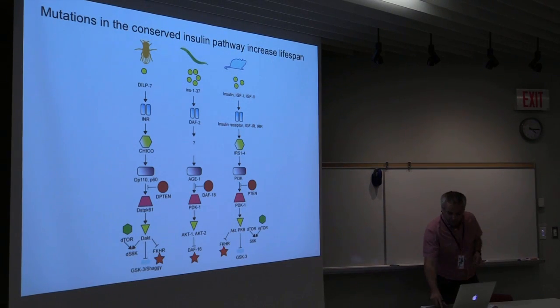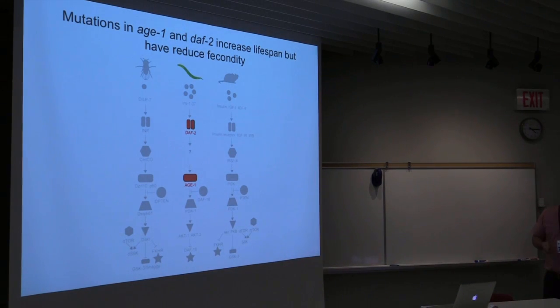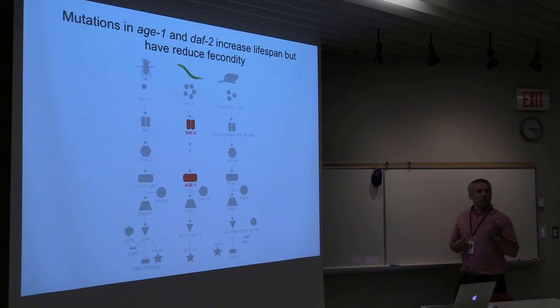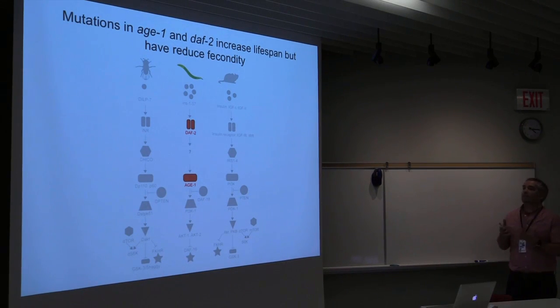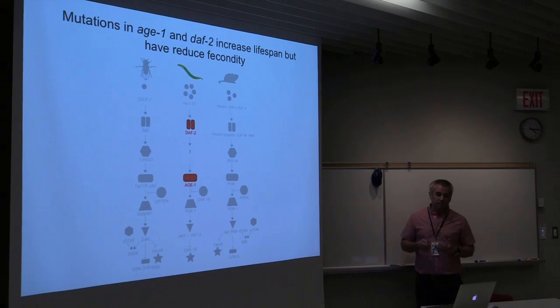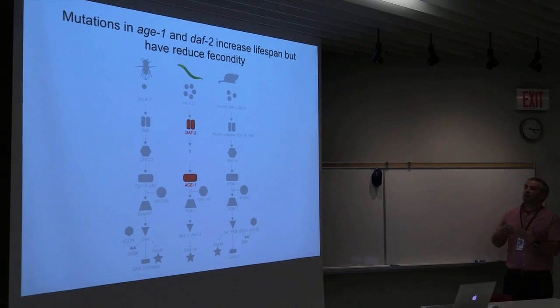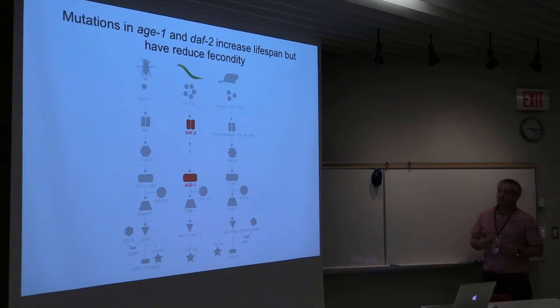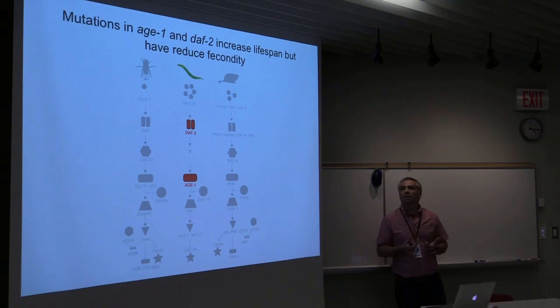Okay. In particular, some of these mutations in these two genes, H1 and DAF2, not only increase lifespan and even double lifespan, but they do that at a cost. And the cost is a reduction in fecundity. So these mutations satisfy the antagonistic pleiotropy model. Okay. So the normal activity of this gene, in fact, may reduce lifespan, but perhaps increases fitness. So if that's correct, we may be able to detect in the genome, in the DNA,